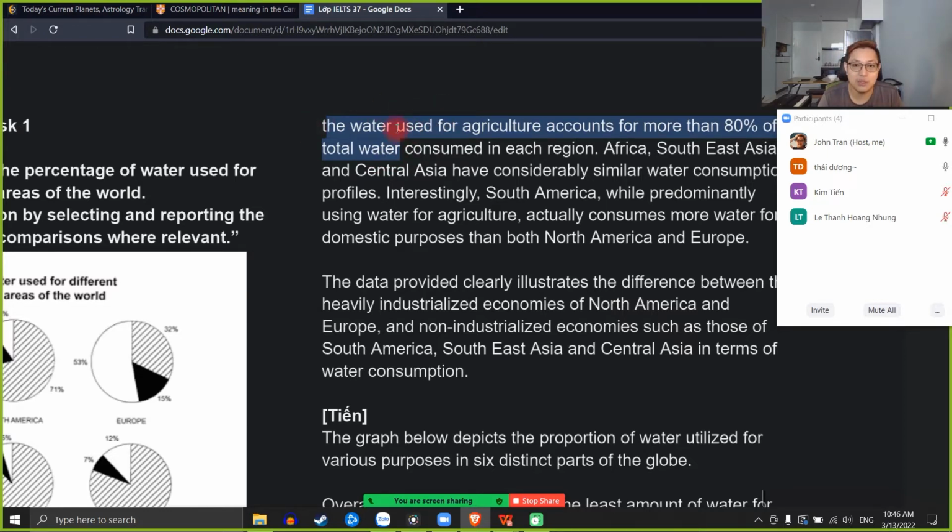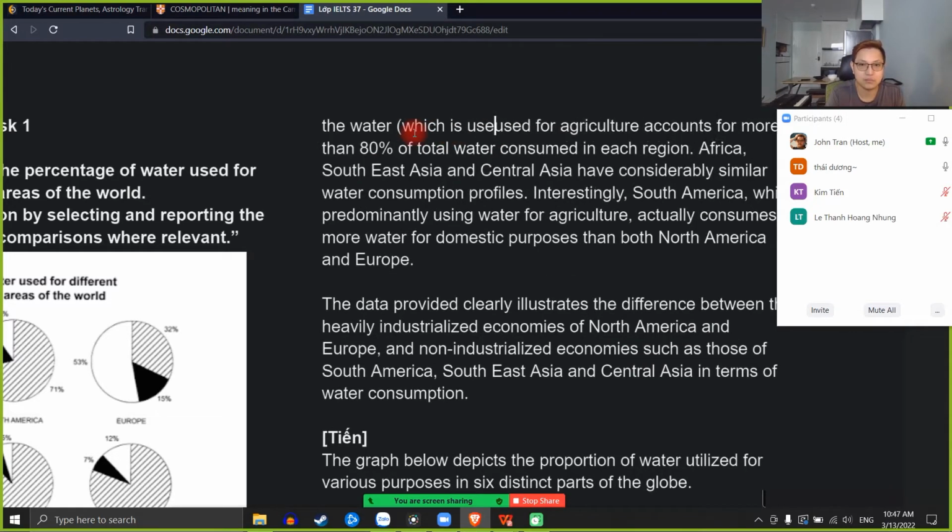So the water used for, or the water which is used for. Chỗ này có thể là which is used for cũng được. Agriculture accounts for more than 80%